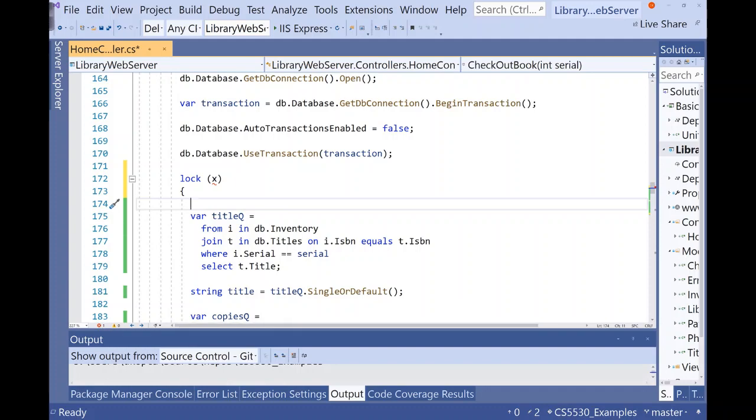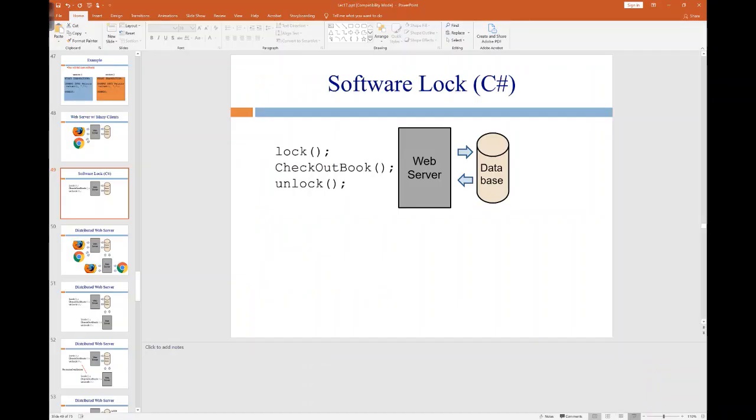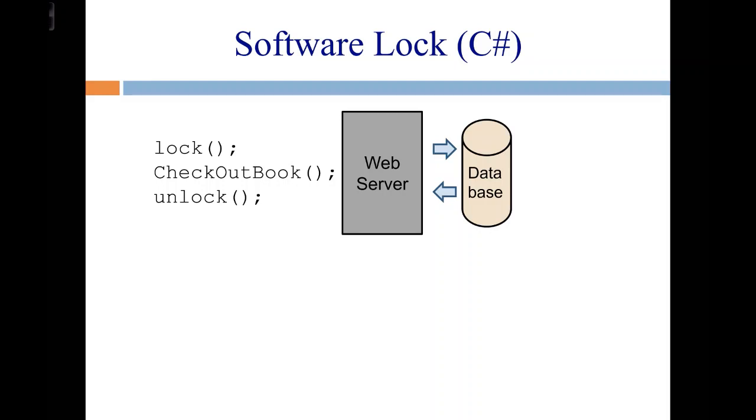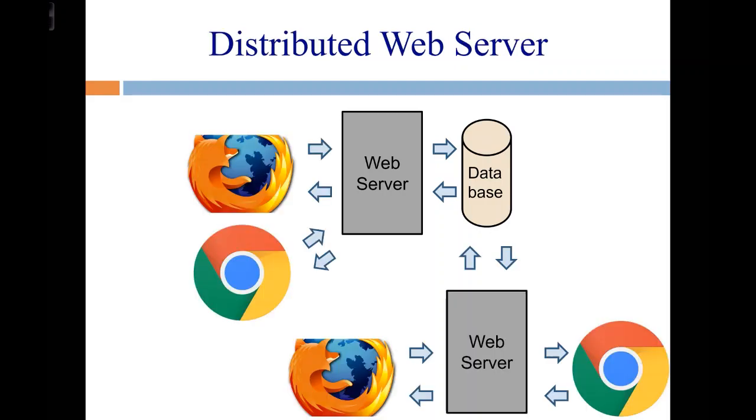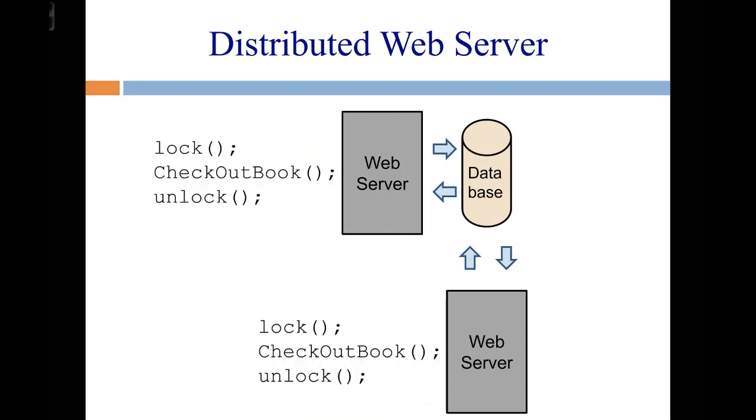Well, let's see. So here is a more accurate picture of how web servers work. It's not just one machine and one process running somewhere. There are many machines, and not necessarily even on the same network. One of them might be on the West Coast, one of them might be on the East Coast, or on a different continent or something. And so if we tried to do this where each web server is running the same code and each web server is locking the critical section,